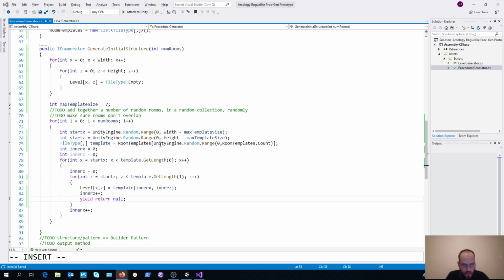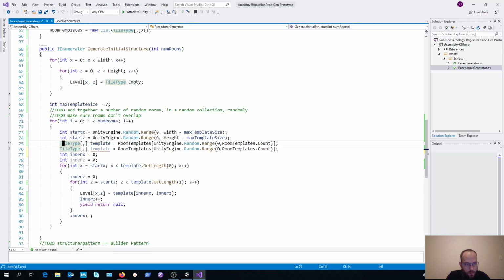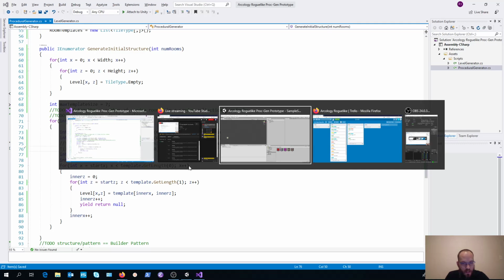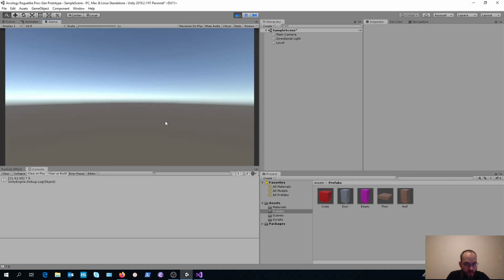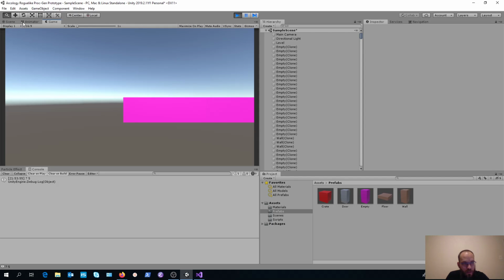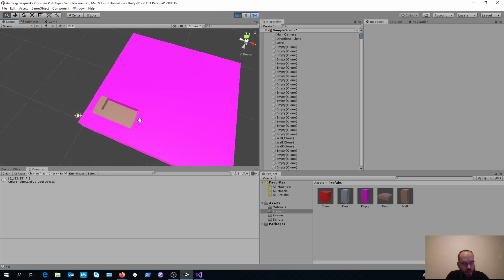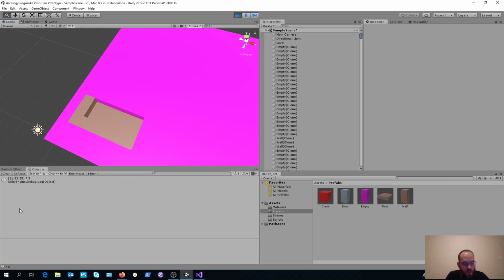So we're running into a problem over here where I should be generating a whole bunch of rooms. I just don't seem to be able to generate them properly. Let us just try and methodically work through this process to make sure that we don't have anything else that is going wrong. So what I've just done is I'm just going to generate one type of template, which is the only type of template we should have. Always generating at the same place.